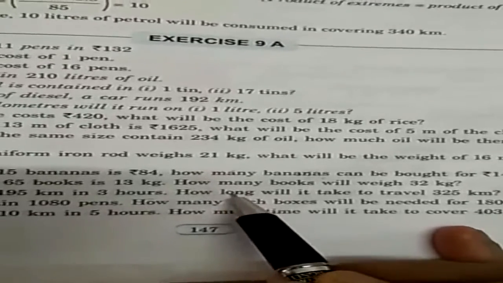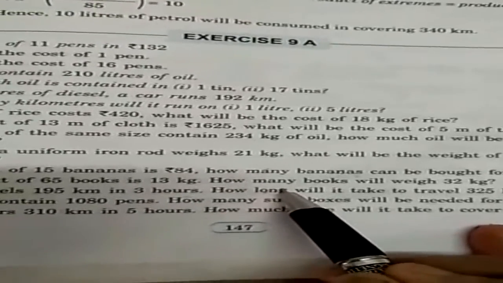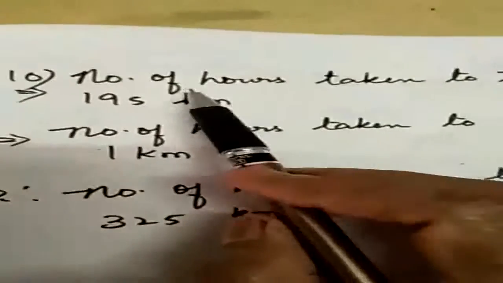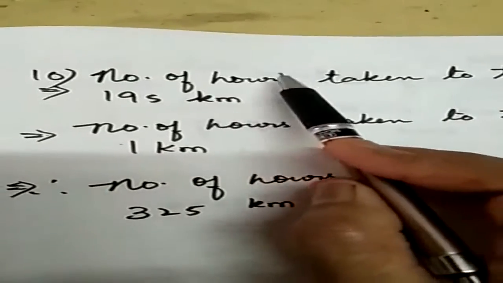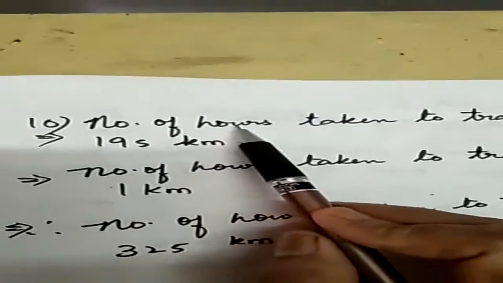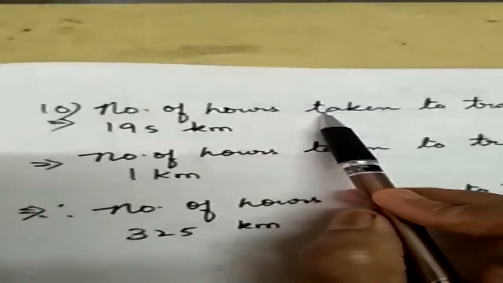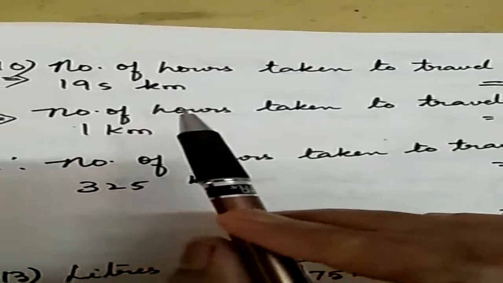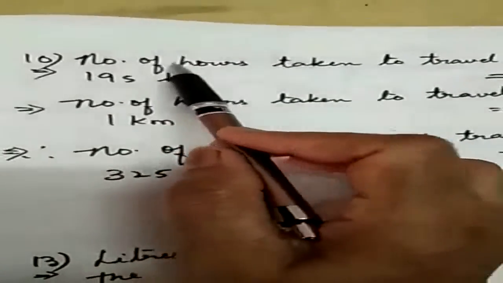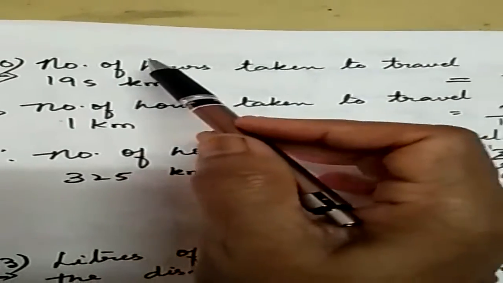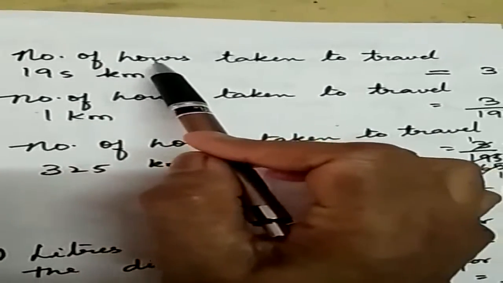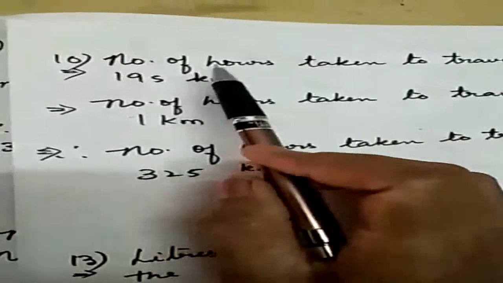So you will start the statement from time taken, or here the time is given in hours, so you can write number of hours. I have started the statement as number of hours. You can write time taken also. It is not necessary that only number of hours you have to write. What you have to find here is how long, that means you have to find the time. So when you start the statement from the number of hours or from the time taken, that hour should be after the equal to. That you should remember.